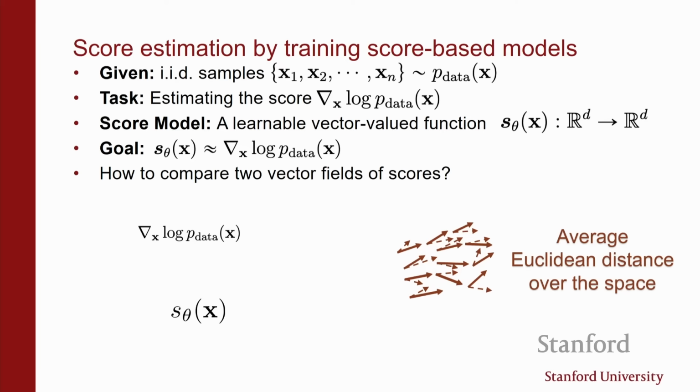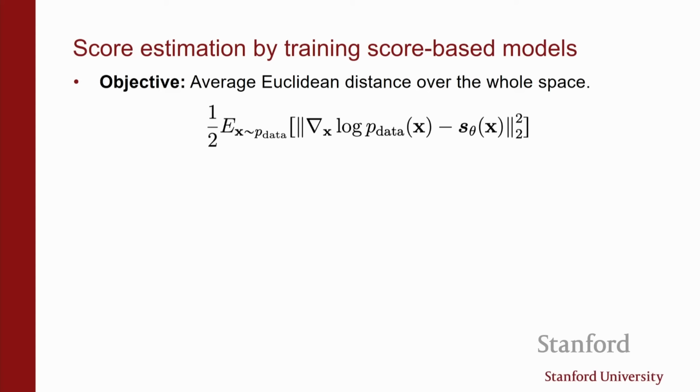And if you do that, you get back the Fisher divergence that we talked about before. Right? So if you go through every x, you look at the true gradient at that point according to the data density, you look at the estimated gradient at that point according to the model. There's going to be some difference. You look at the norm of that vector, you average with respect to the data density, and that's going to be a scalar value that tells you how far away your model is from the true vector field of gradients of the data distribution.